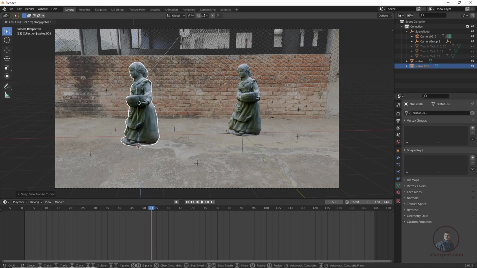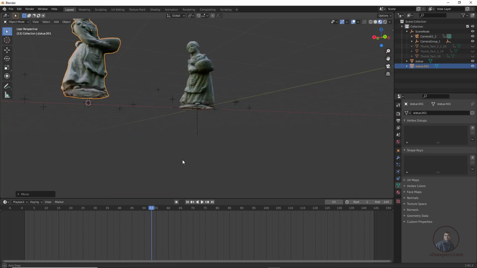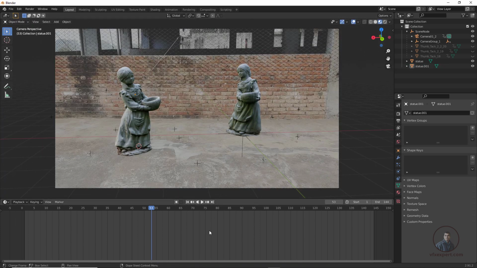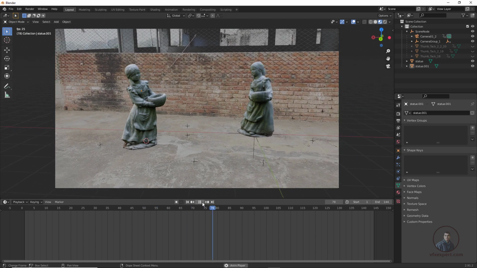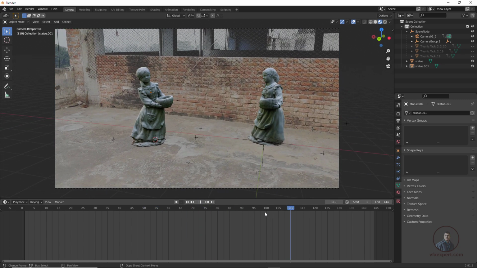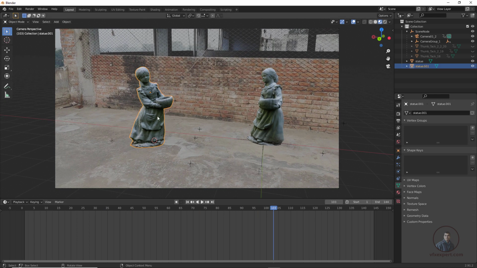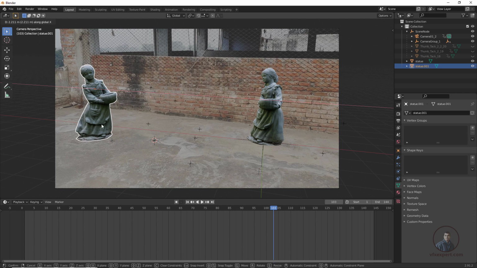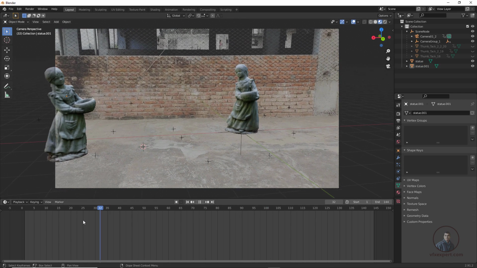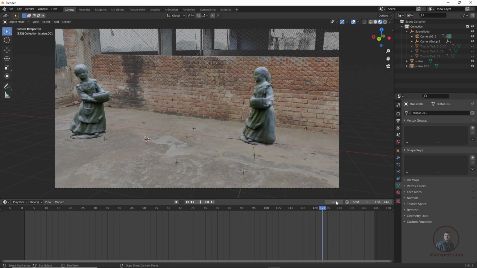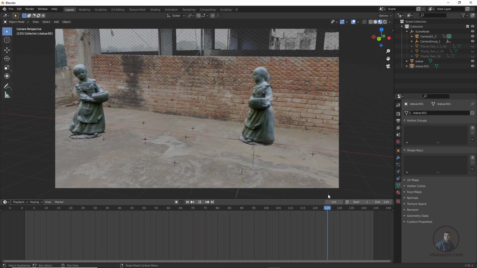Remember this one again. So now just play and check this one also. So now you can see here, both models are placed on our ground here. Then after that let me select your model, press G and press X and just place it here. So anywhere you want to place, you can simply place. So now just play and check here. So here this is looking good. So all our models are placed on our ground here.